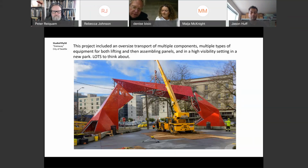And this goes for actually if you're installing, let's just say, in the lobby of a government building or in the library, they're going to say, well, how are you going to protect the floor when you're bringing your equipment in? And you very likely will be asked to do that. In this particular case,